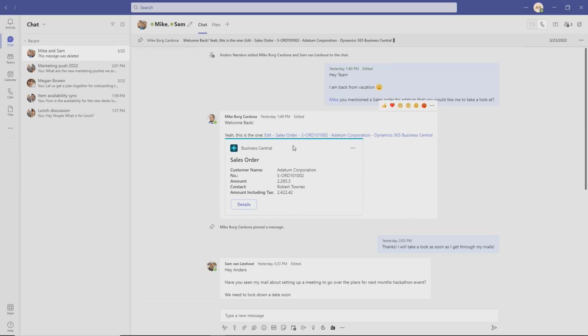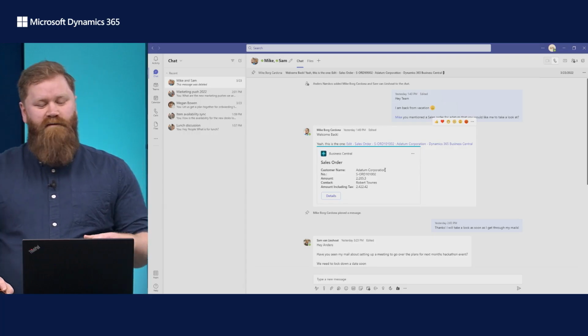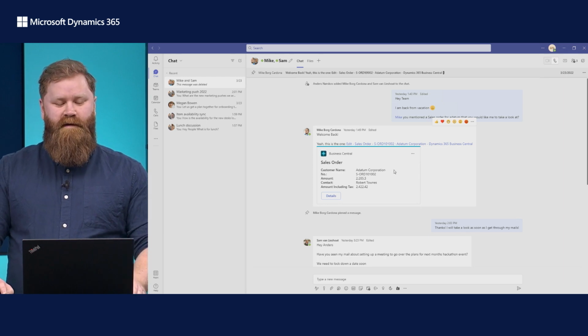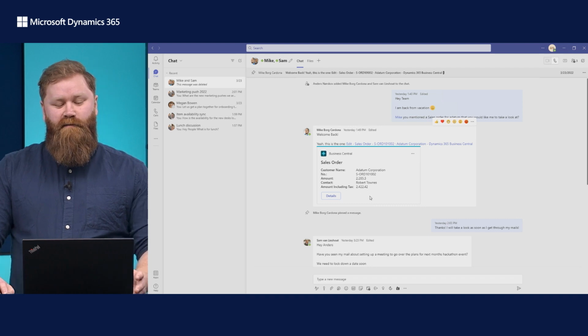Looking at the adaptive card here, I can see that this is the sales order I'm looking for, because I'm presented with a short summary of all the important information. The summary here is the default summary. As a partner or industry expert, you can go ahead and customize that to show the information that's important for your users. If you're familiar with the adaptive cards, one thing you'll notice is that the pop-out button is no